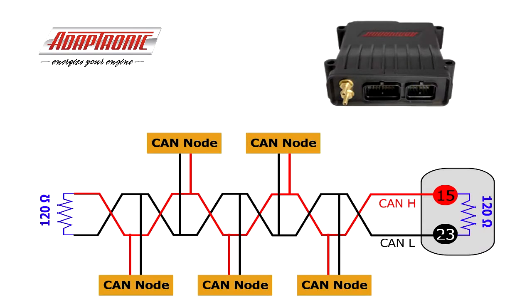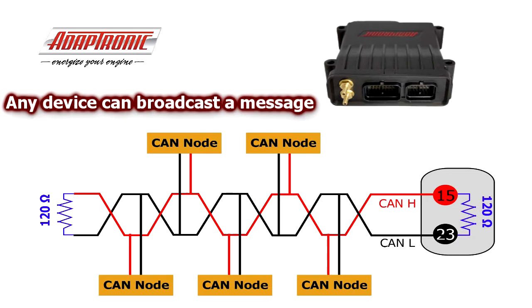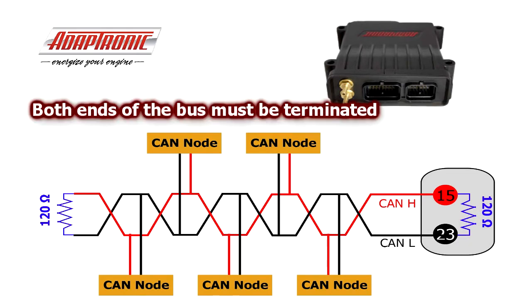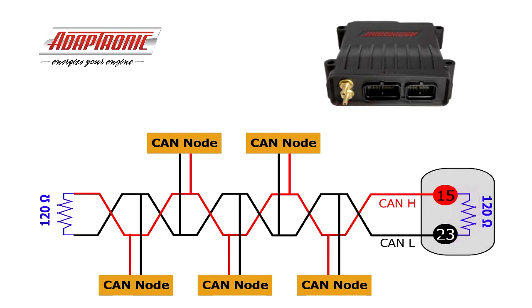Multiple devices can be connected on the bus in parallel, and there's no bus master, so any device can broadcast a message. Because it's a twisted pair, at each end of the bus it should be terminated with a 120 ohm resistor. Now, because of the way the CAN works, every device on the bus must be set to the